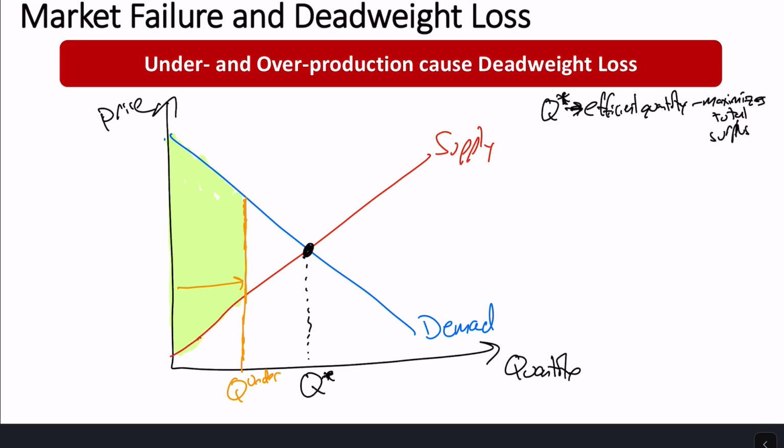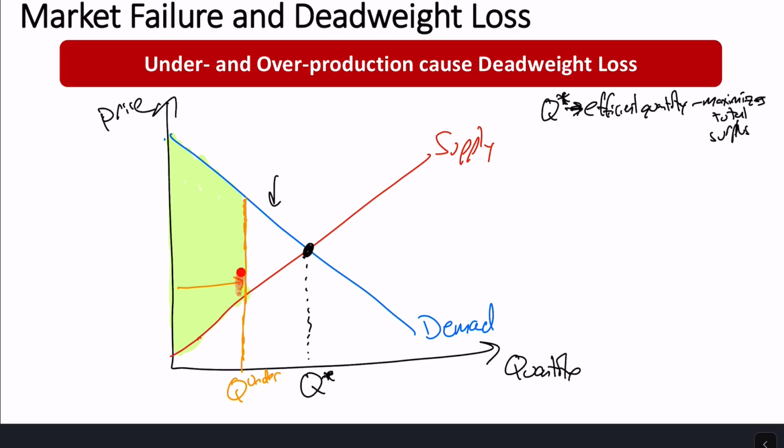Right? It's going to stop where we actually have the actual production, that Q under. Right? The point being that these units here are not being produced in that quantity. All right, so I don't want to color this in. There'll be too many colors. But if we just let supply and demand and markets allocate things in this case, we would have this big triangle, right, in total economic surplus.